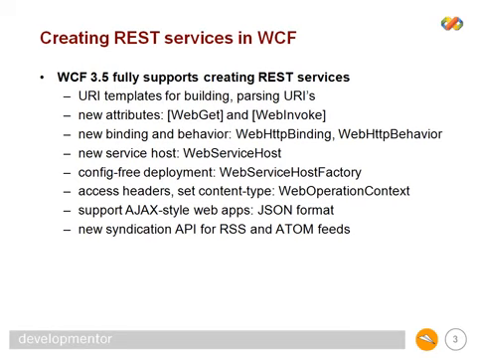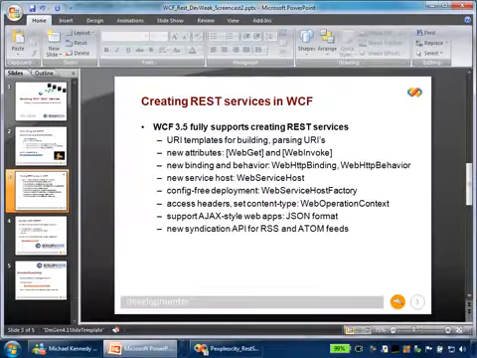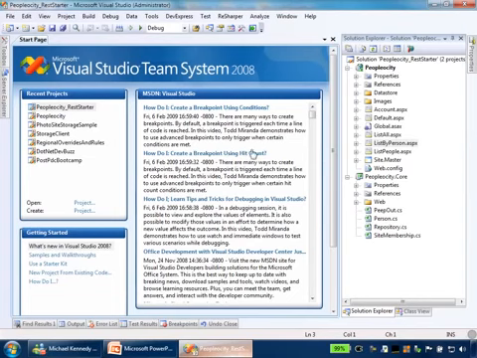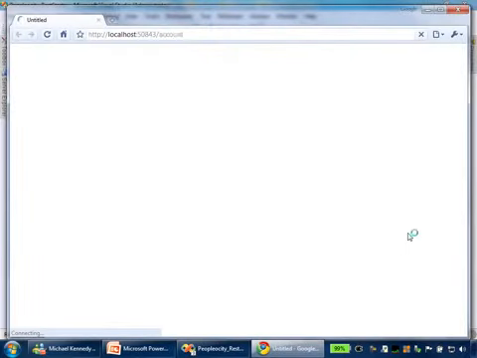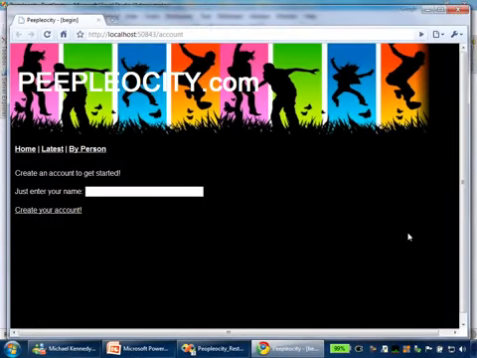Let's put these ideas to use and extend an existing application to have new REST-oriented services. So let me show you a website that I've already built but does not have any REST-oriented services yet. This website is a simple website, very much like Twitter or any of these other micro-blogging websites, where somebody can